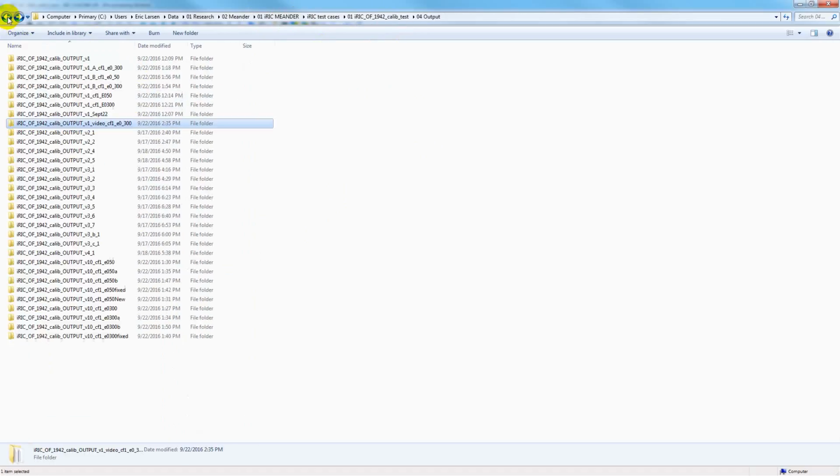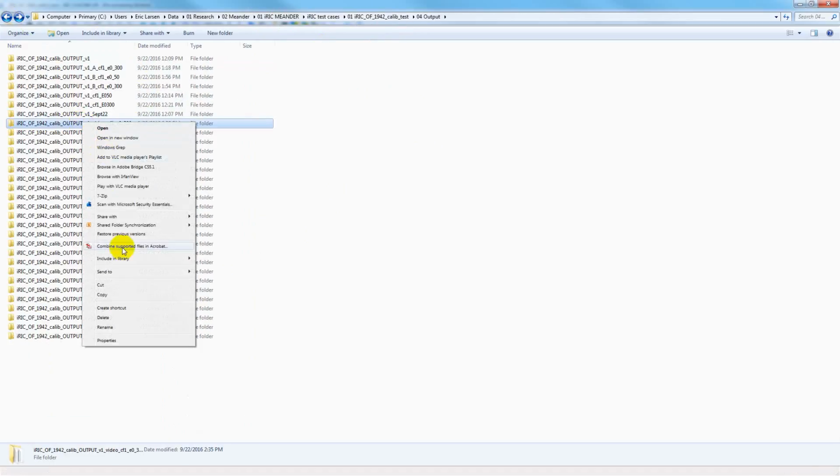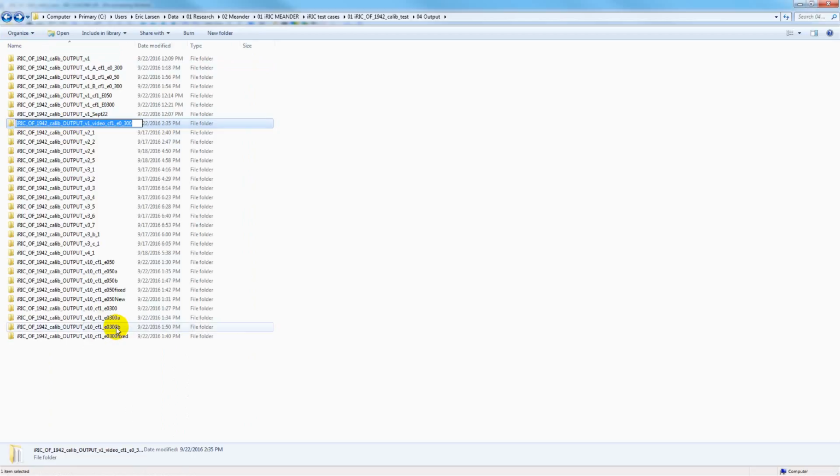Okay? Now, what I like to do here again, keeping track of the names of things and what they are is important. As you can see, I might have 40 or 50 different runs. If I don't have them named, I'm going to be lost. So I usually copy the name of the folder before I do anything. Okay? Now,